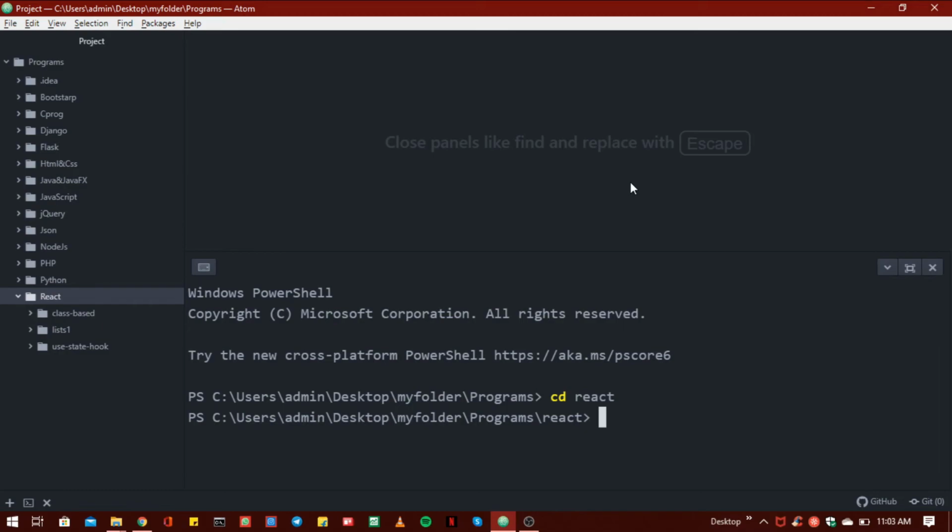Now the time is coming to start our React project. To get React on our machine, we have to write npm install create-react-app, and here write -g for globally, so we can use this create-react-app command on our machine from anywhere. And if you are on a Mac OS or Linux machine, you have to write this command. But I am on Windows 10, so we have to press enter here.